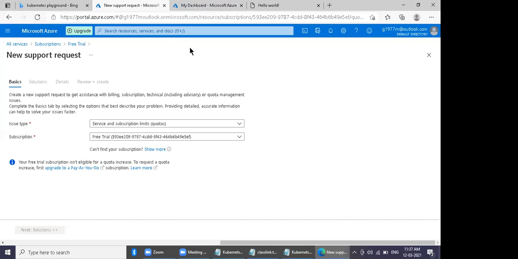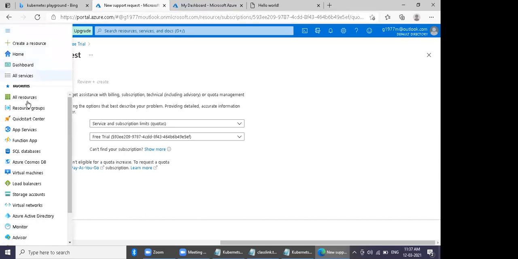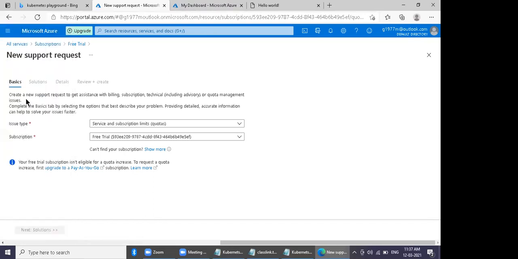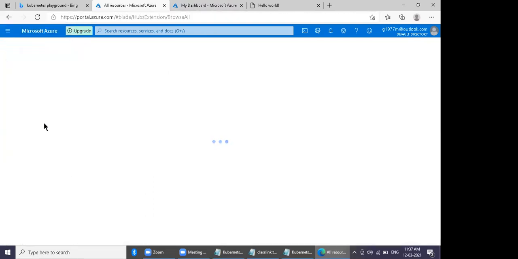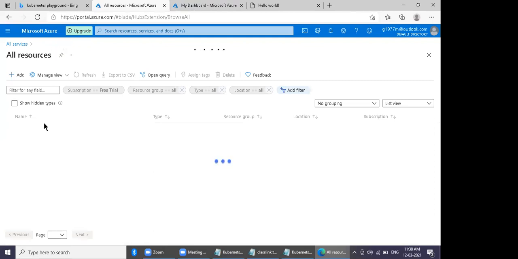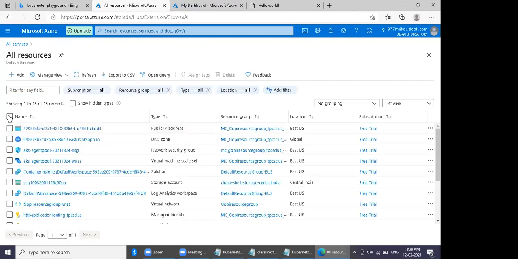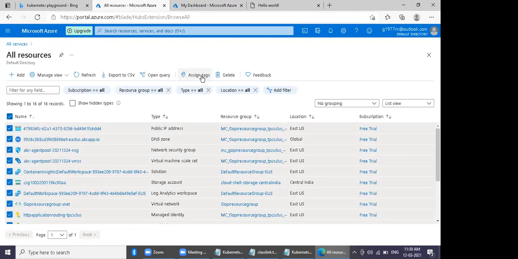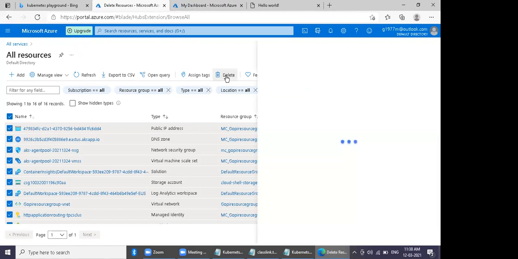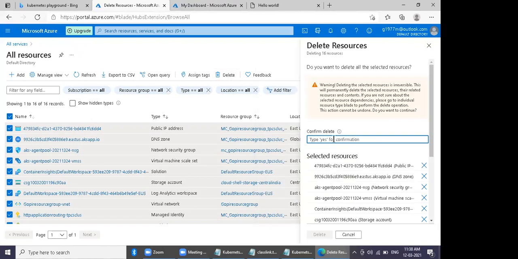Now go to the three dots, Microsoft Azure, all resources. Select all, delete, and say delete. Say yes.